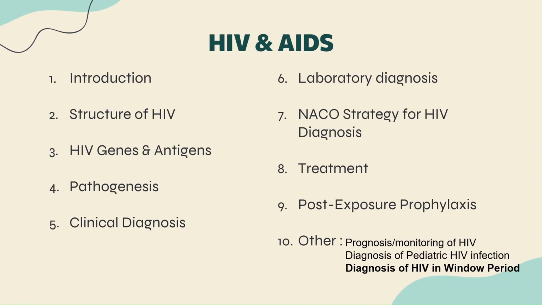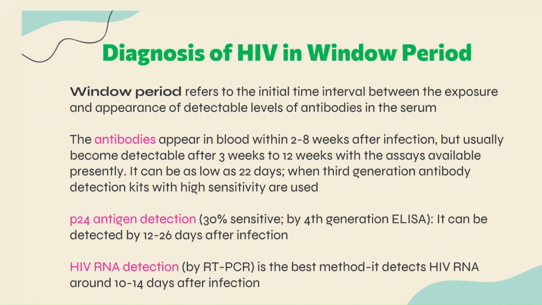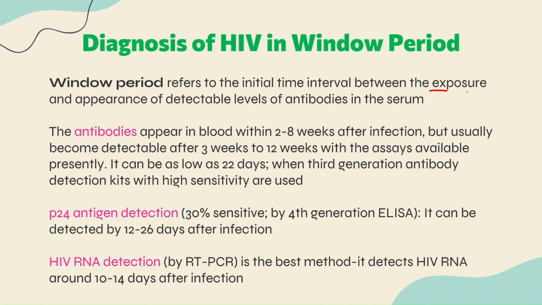The next topic is the window period. Finally coming to the window period. What is the window period? It is nothing but the time interval between the point of exposure to HIV and the appearance of detectable levels of antibodies in the serum, guys. That is what is called the window period. And what are the tests that we can use for diagnosis of HIV during this window period? We can make use of a very important test, that is